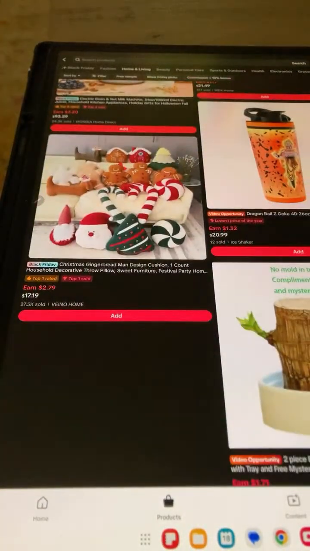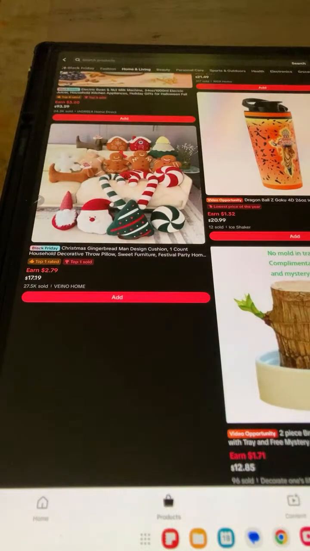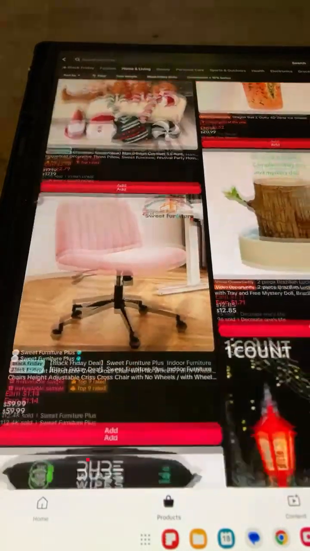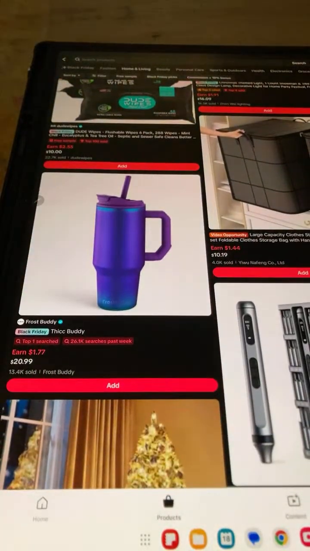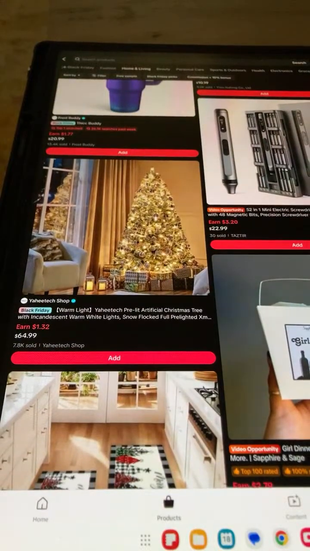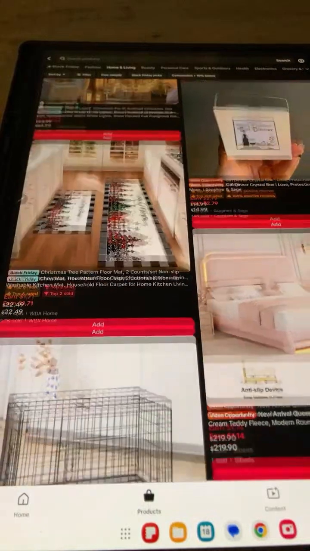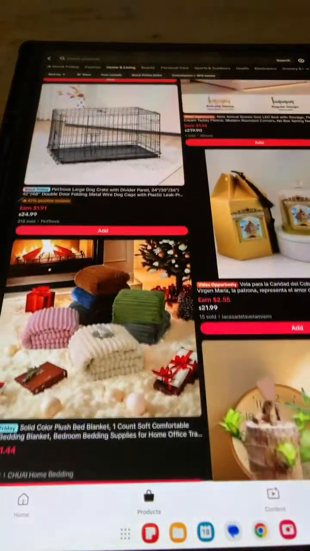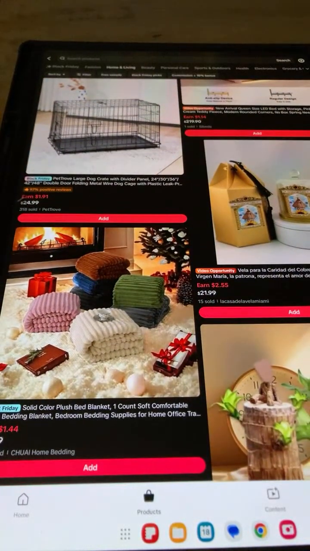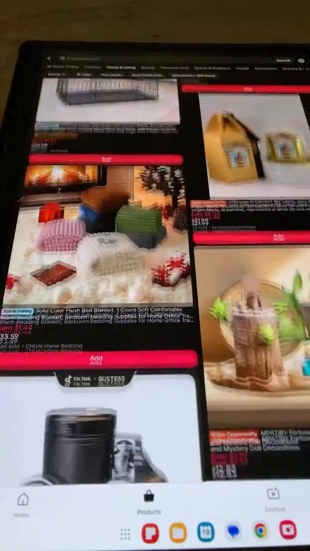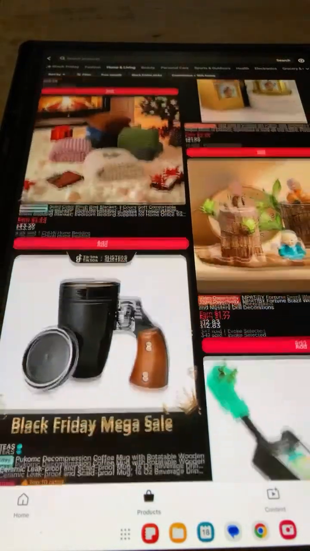So that's something you definitely want to look for, but TikTok makes it hard for us to find these products, which is the challenge right now. It's a very, very big challenge. You can't find them. You see me scrolling. This is literally what I do just randomly when I have time. I just scroll through the different categories, see where I can find the refundable samples, see if the sample requirement is only for me to post content and not worry about getting sales from the content so that I can